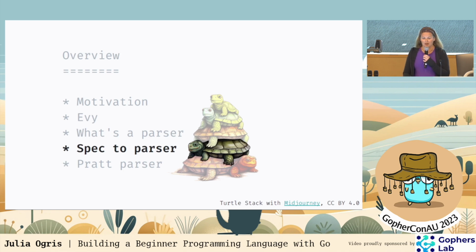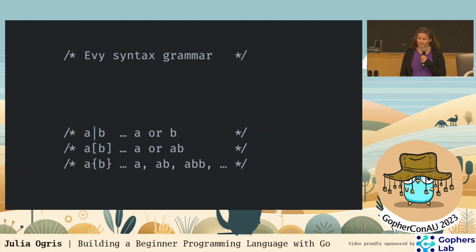So, looking a bit closer at the parser. The parser in Eevee is a top-down recursive descent parser. The neat thing about that is that it's very close to the syntax grammar in its structure, and therefore quite easy to understand. So let's have a look at the syntax grammar of Eevee. Again, borrowing from Go, we use a version of Wirth's syntax notation. It's a context-free grammar. We have the pipe for the OR operator, the square brackets for optionality, and the curly braces for repetition, 0, 1 or more times.